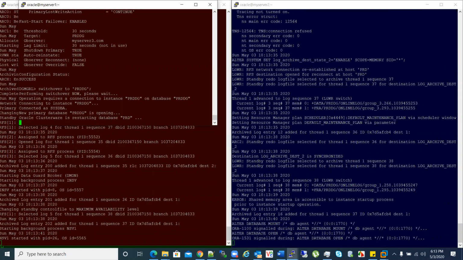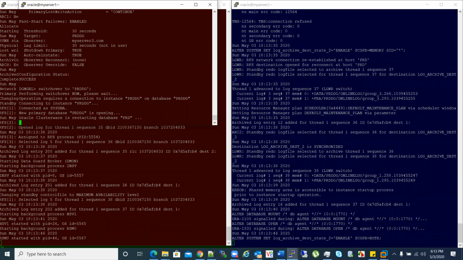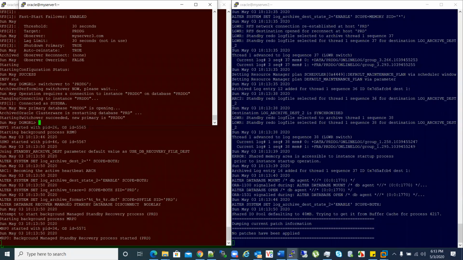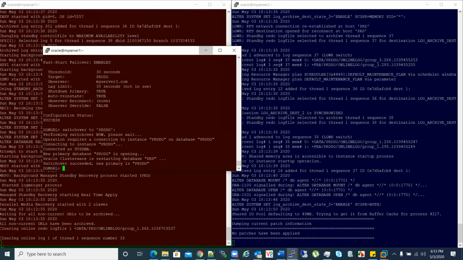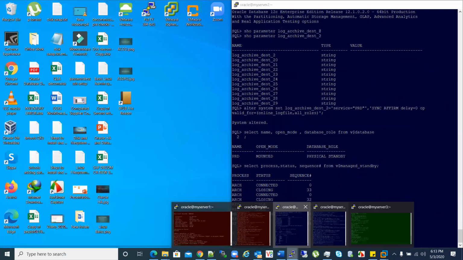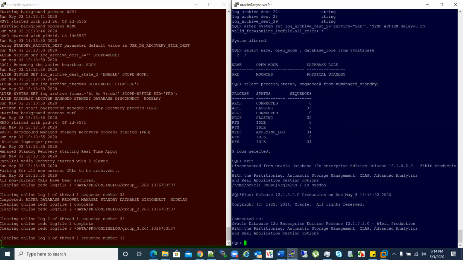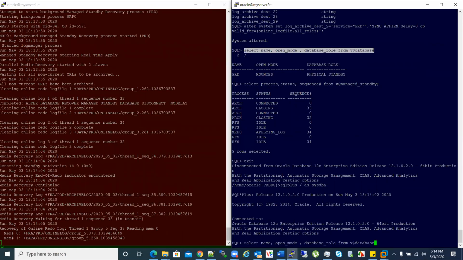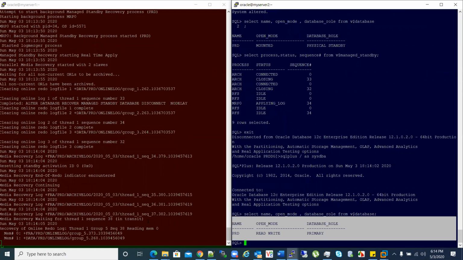And here alter database open got executed and it failed also, looks like. Or what? Okay, we can just check it in another session. I will connect here. Till this time it was physical standby, but now if everything is successful, this will be primary.